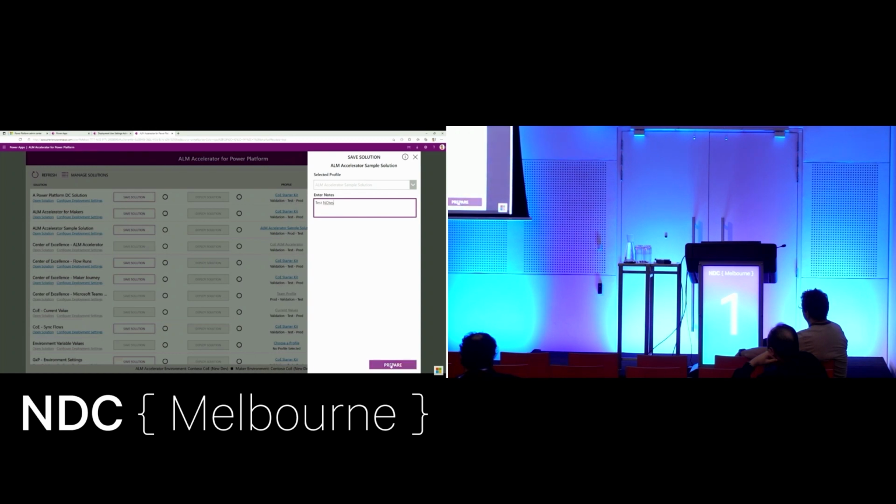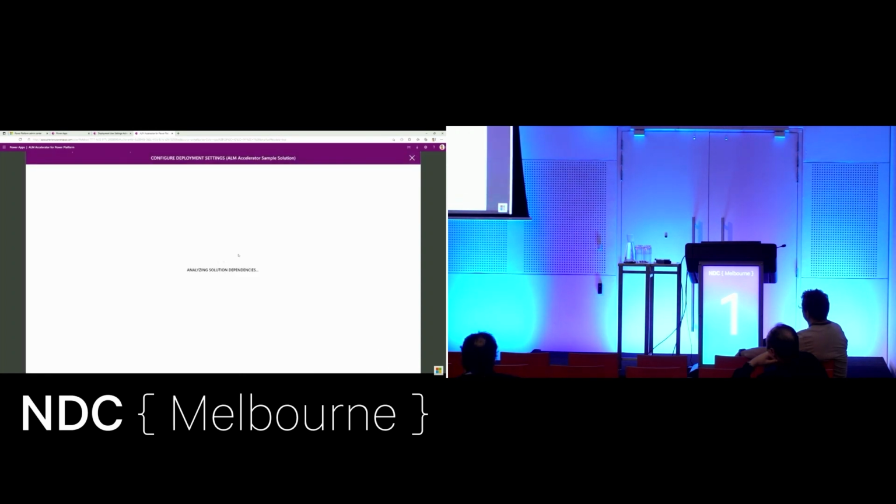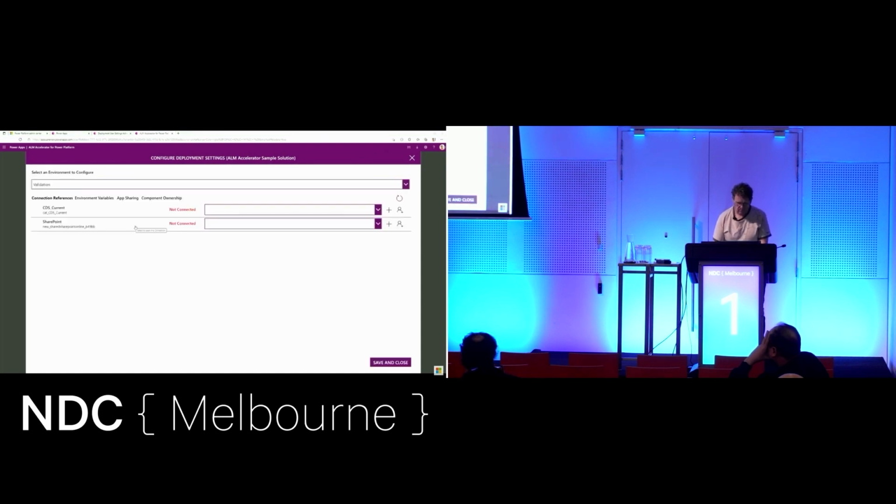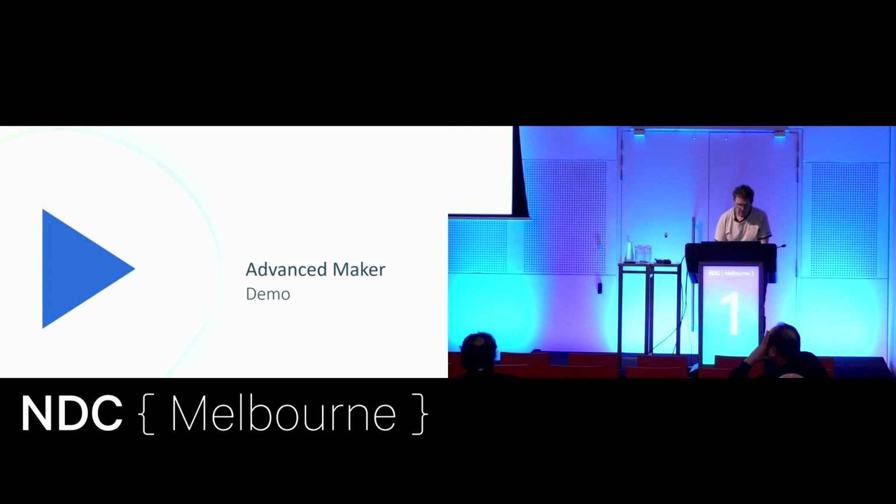We now hit the prepare button. And what you're seeing here is basically the ALM Accelerator starting to analyze the solution, all of its dependencies and components, to allow us to configure the deployment settings for each of these. Now, we can... Oops. I didn't want to actually go forward there, but I will just stop it there,